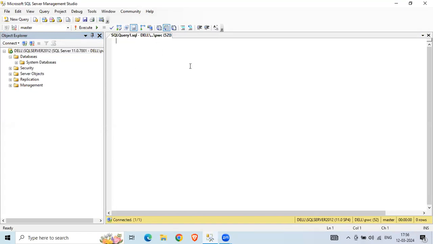This is the query engine, where you can type a particular query by which we can create a database, create a table, insert a statement, and all that. These are all SQL statements. So if you don't know how to use SQL to create a database, in this